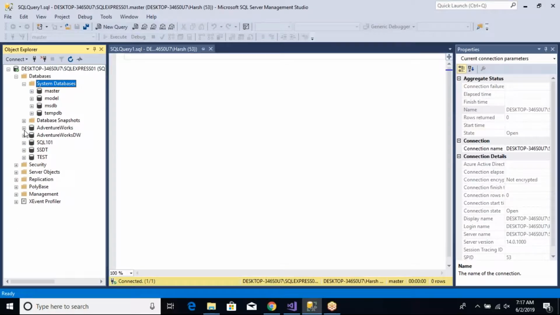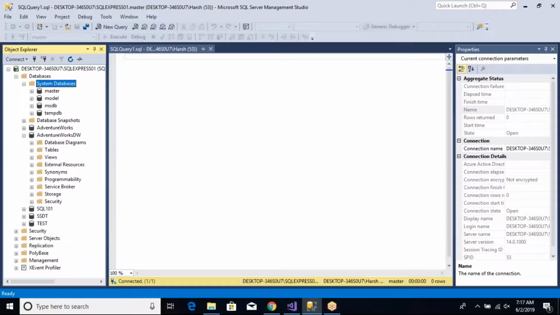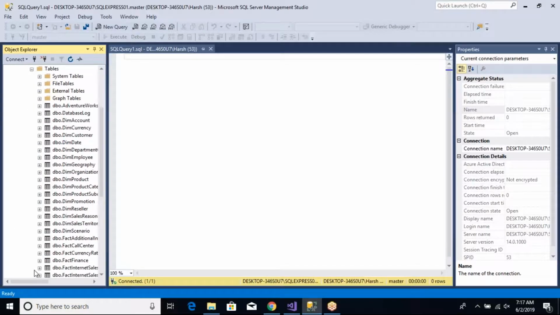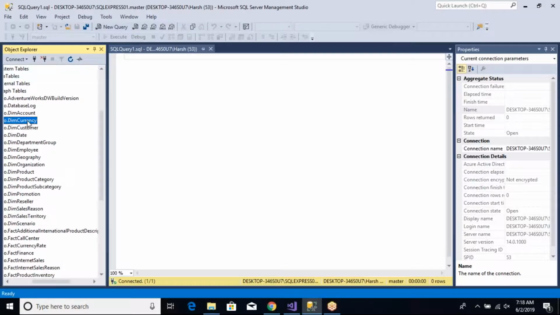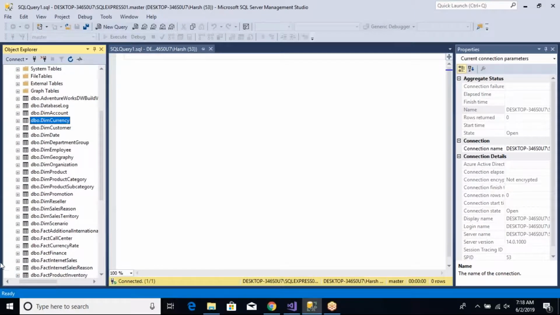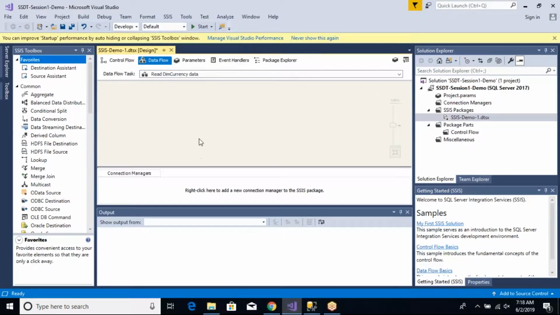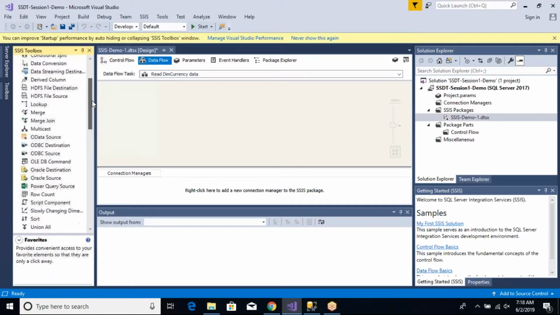Now we are going to read from a dim currency table, that is a dimension table. So we are going to go to the AdventureWorks data warehouse database. If you click on the tables, you'll see that there are a lot of tables. The table that we are going to read is this dim currency table. Now through my SSIS data flow, I need to be able to access this particular table. So let's go back to the SSIS designer in my workflow. Now, the first step is to read data from this table. So I need a source. The source that I'm going to put over here is